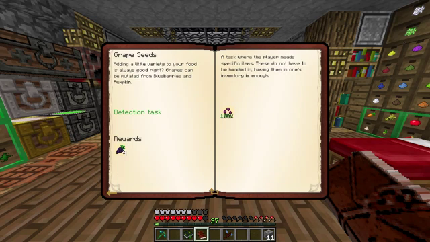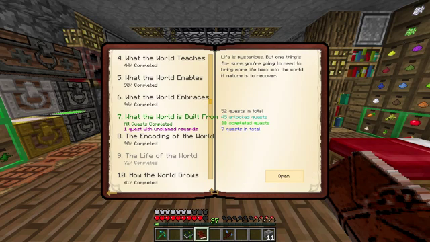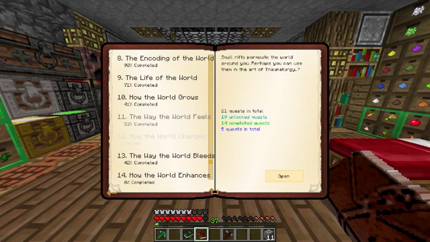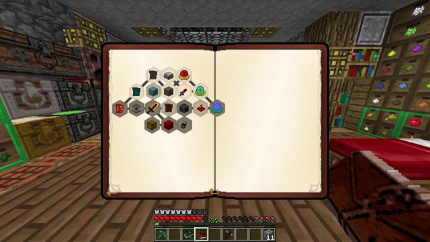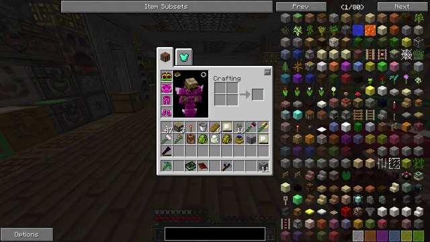Life of the world. Yeah, we still got a few things there. So let's have a look at the way the world bleeds. So far we're on the 2nd level here. So applied Arcania. We needed to make some formic runes. So to make some formic runes,